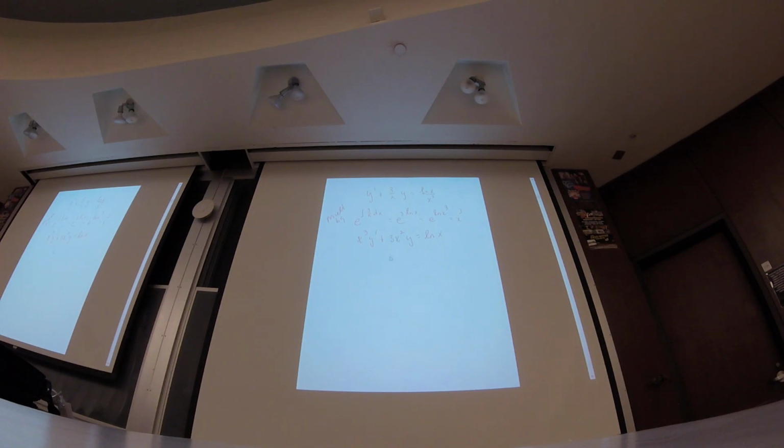Now this is your question, I guess. I write down this is x cubed y prime. Why? This is a product. How do you differentiate a product? First, derivative second. That's that. Plus, second function, derivative first function. The derivative of x cubed is 3x squared. So what I've written down is correct. So this is ln x. Now, this equation says, look, if I gave you the